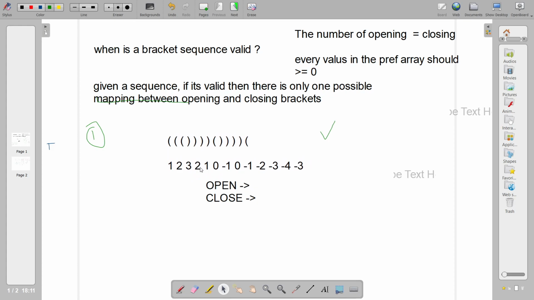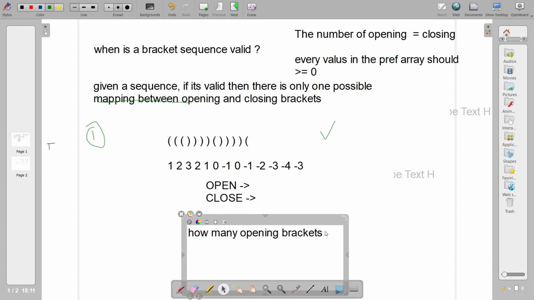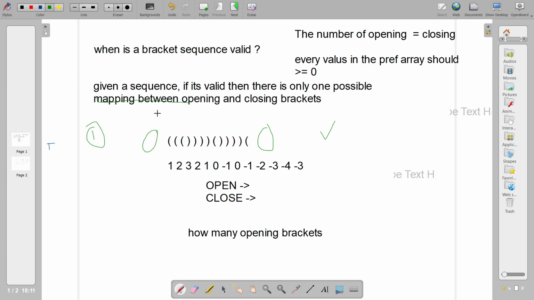So in this sequence, what I am trying to say is, I'll try to find out one thing, and that is how many opening brackets. Suppose you have got two boxes here, and this one can supply new opening brackets, and this one can supply new closing brackets.